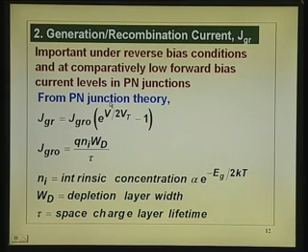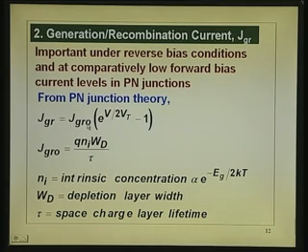We have seen that for p-n junction theory, this generation current is equal to some constant J_gr0 times e to the power V by 2 V_t minus 1. I am not getting into deriving this, we will just use it. Generation current has been discussed in p-n junction theory on many occasions, or in some other courses, so you can take it. All that we are trying to see is, should we be worrying about this particular component in the case of